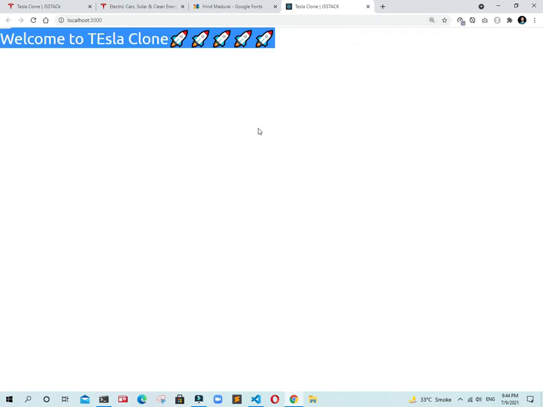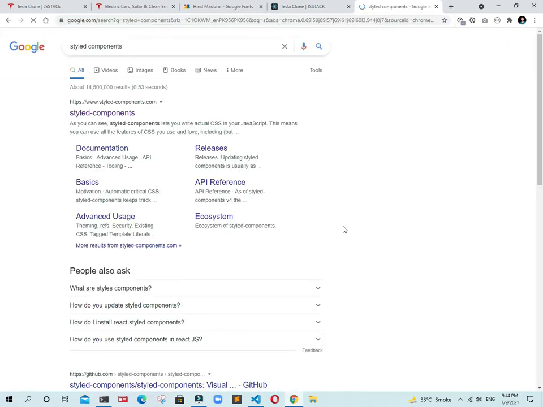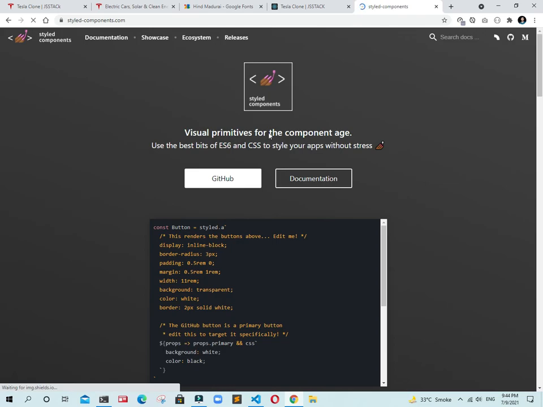Now guys, we need to install one more dependency, styled-components. Styled-components is actual CSS for your components in JavaScript. It is a way to build our website with components, scoped to a component.